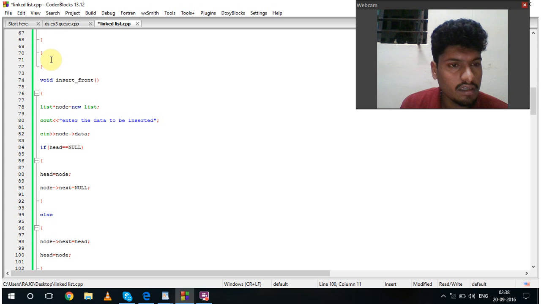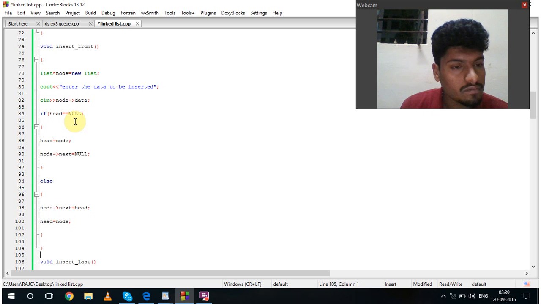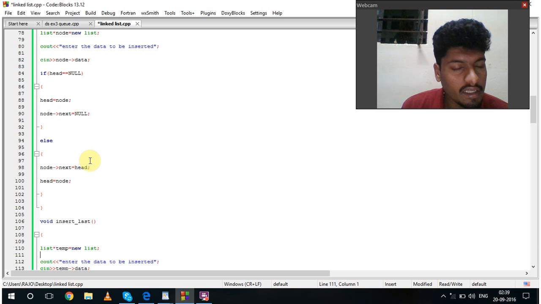Then I have made the insert function. For insert from front, there will be a temporary node made in which the data will be stored. If there is nothing in that linked list, that node will become the head, and the node pointer position will have null value. Else, if there is something, then that node pointer position will have the value of head,